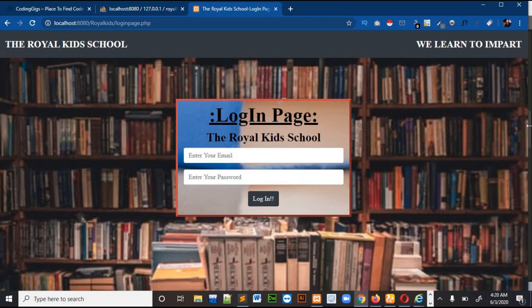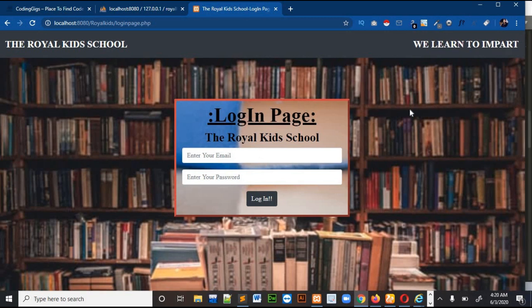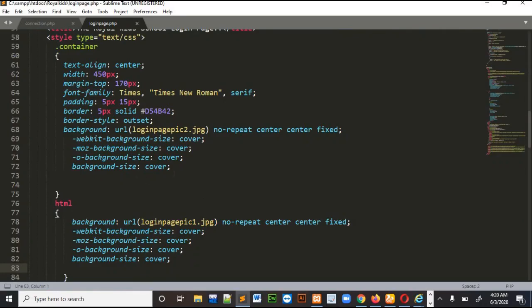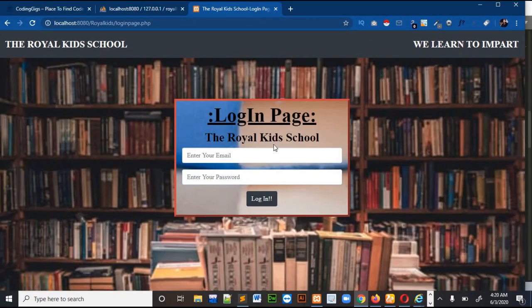Okay, so you can see that the page is stretched from left to right and top to bottom exactly. For this, I had used this code. You can just download it from Google, or you can write anything. And in the background section I had used two images. One is for this image and the second is on the page, in the little box.